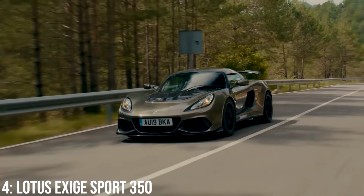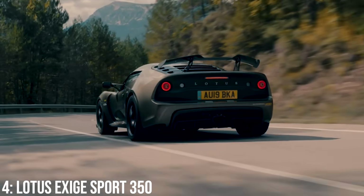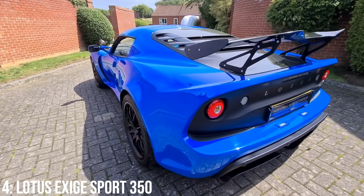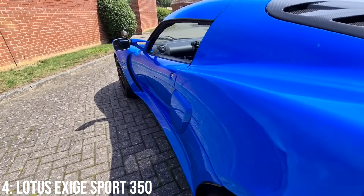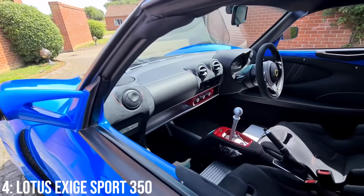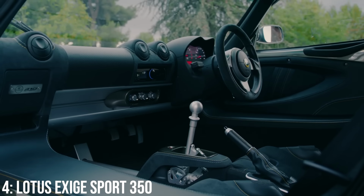These are all about going fast on track and offering the most analog, engaging driving experience you can get within the confines of modern car requirements. In Sport 350 spec, these look crazy aggressive with the rear wing and flare around the outside, but you also benefit from a stripped out interior with the gear linkages on display, which are an absolute work of art. I'm glad they brought this feature over to the Emira too, but the Exige just does it so much better